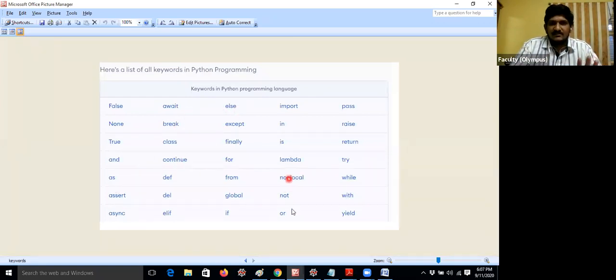Here we also have False, None, True. All 35 keywords are written in lowercase letters except these three. These 3 keywords should always have the first letter capital, and all the remaining keywords must be in lowercase letters only.